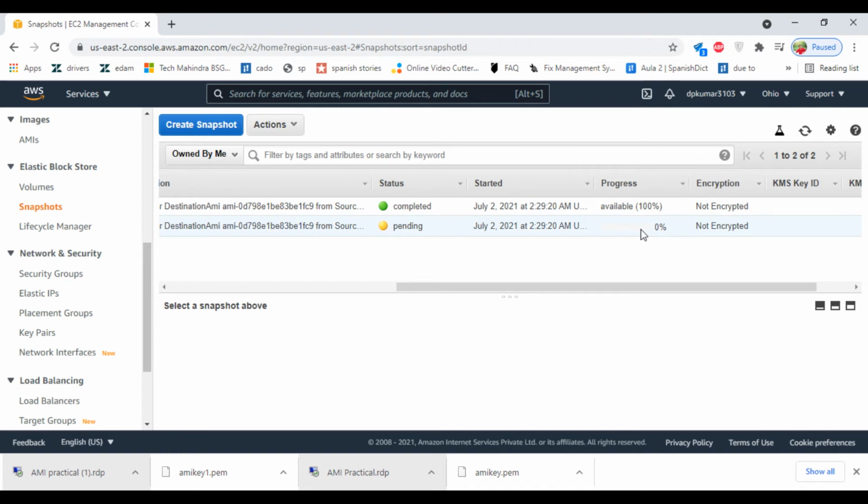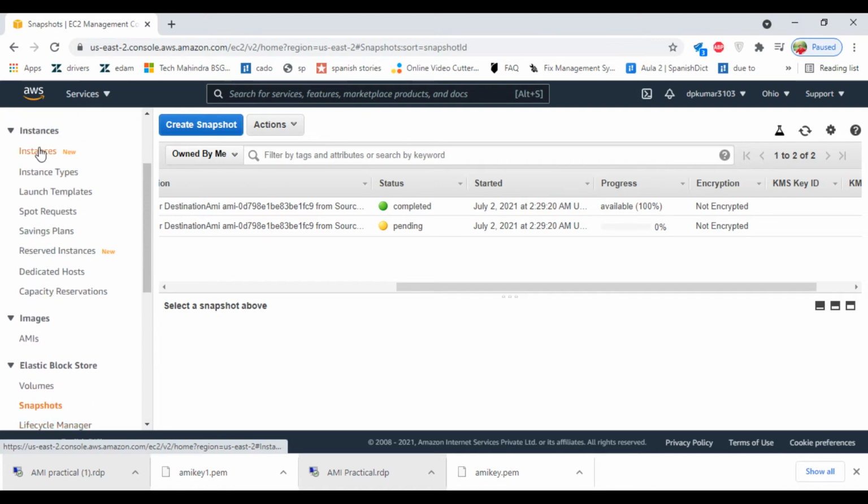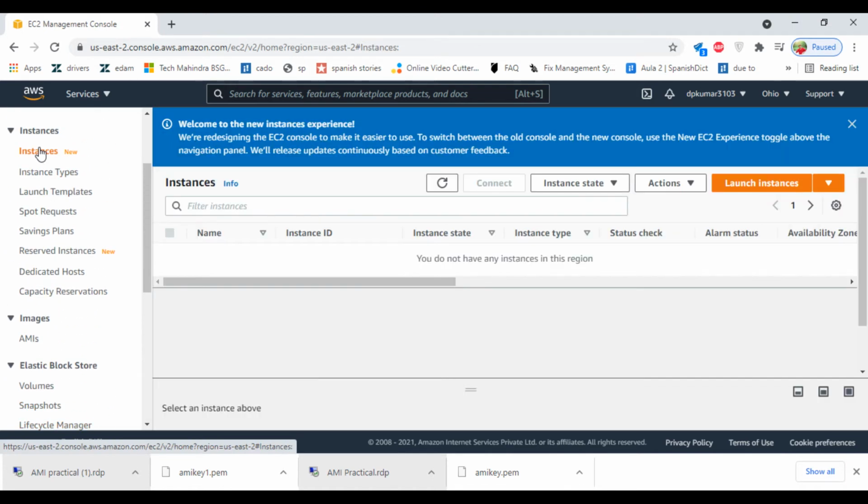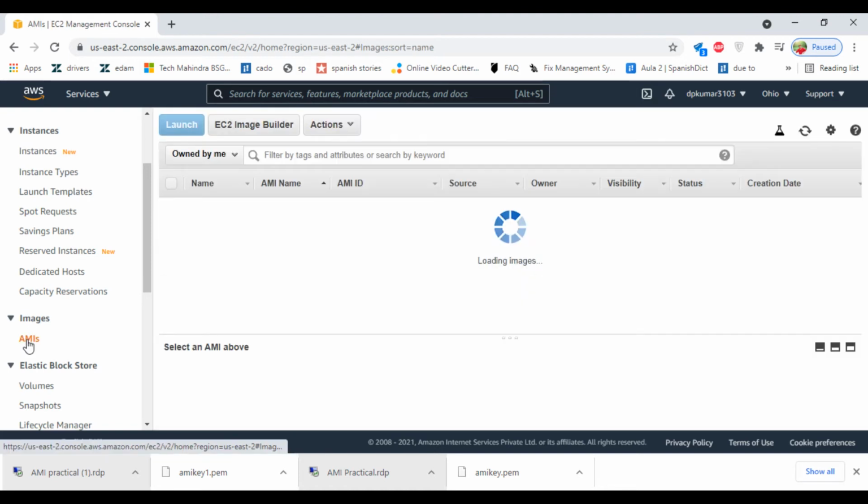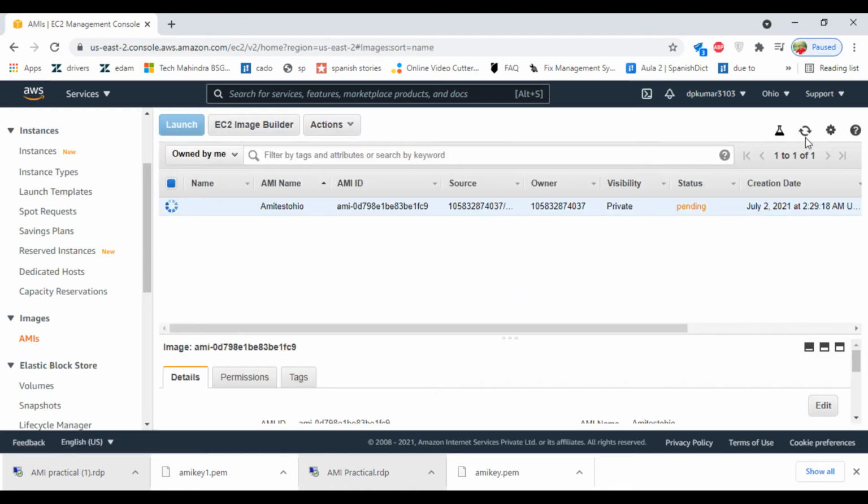I don't see any progress here, so I believe it will take some more time. Click on the instances, come to the AMI again, click on refresh, wait for some time. So the status still it is in pending state.